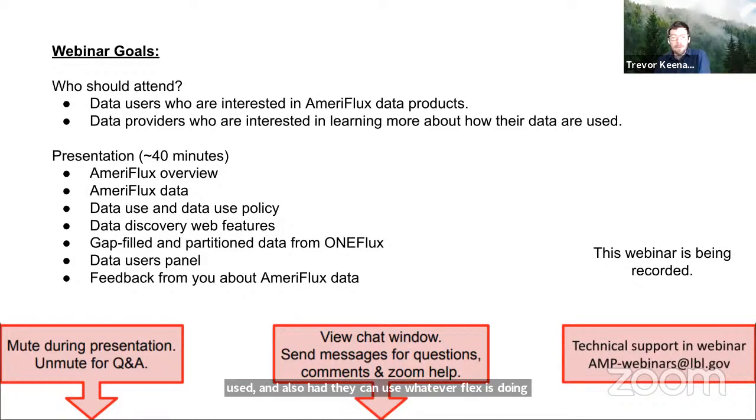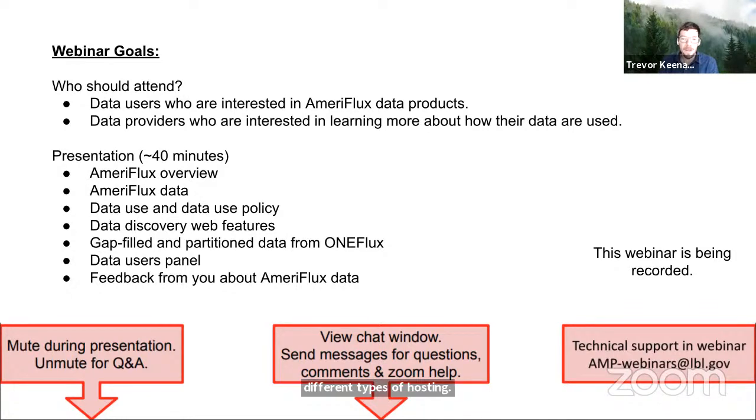So we're going to give a brief overview of AmeriFlux itself, and then AmeriFlux data. We're going to invite Deb Agarwal to talk about data use policies in AmeriFlux and current changes that are happening to those that are quite exciting. Then Margaret Thorne is going to lead us through some data discovery features that we've developed to help you better discover AmeriFlux data, which is becoming more important over the last few years as AmeriFlux has grown the amount and different types of data that it is hosting.